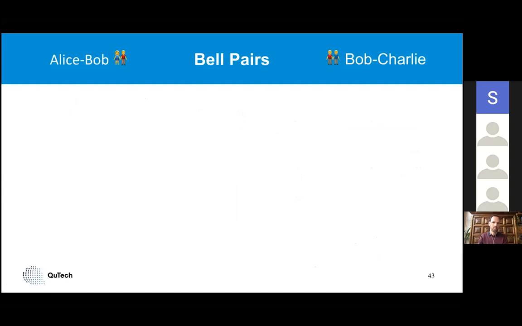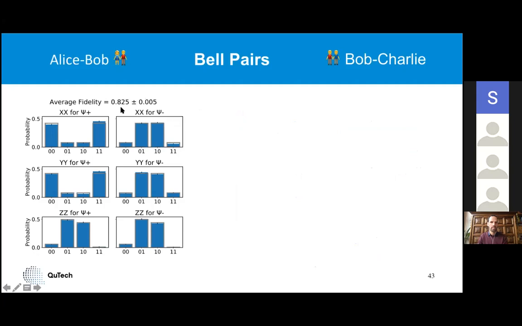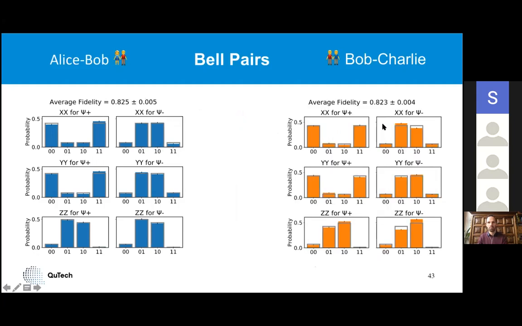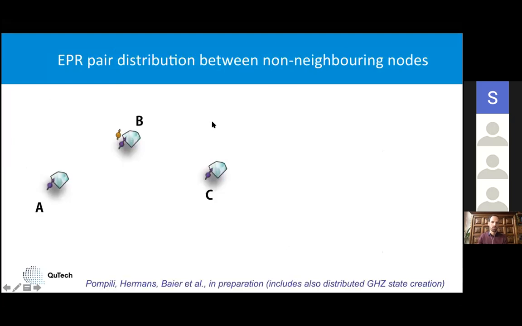But in this network, we are now able to make entangled states both on the Alice-Bob link and on the Bob-Charlie link, without changing anything in the setup. So this is all software controlled. We can just choose to make entanglement on one of these links. And so one of the experiments that we did was to use the middle node as a quantum repeater node. So to distribute entanglement between A and C, make an EPR pair between A and C by using the middle node as an intermediary.